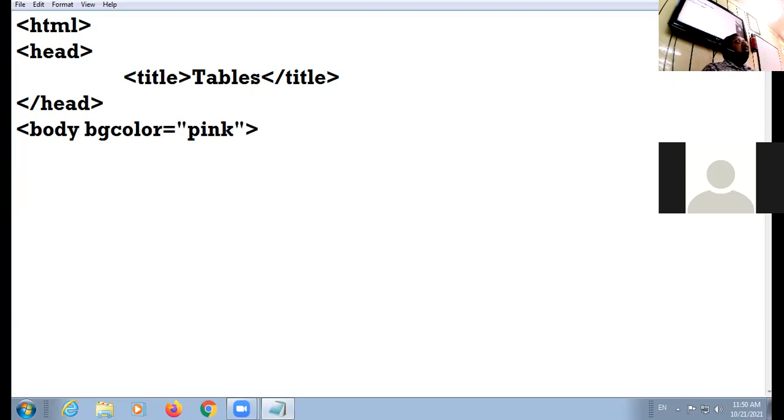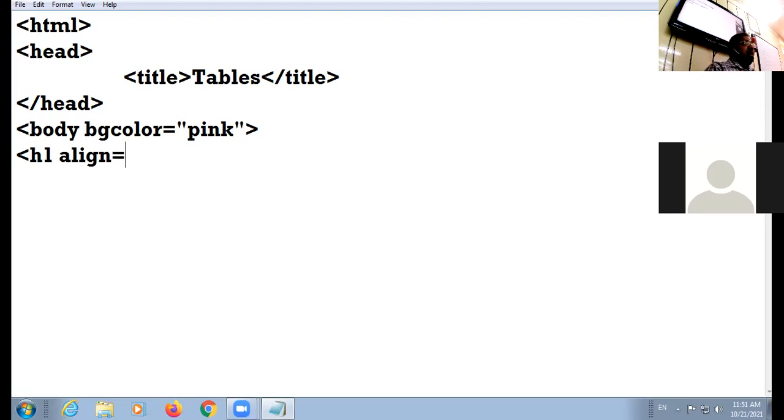Then I am taking the highest heading element H1, and the attribute of heading element is align. Whether you are taking H1, H2, H3, H4, H5, H6, the align attribute is common for all, and the heading element has only one attribute, that is align.